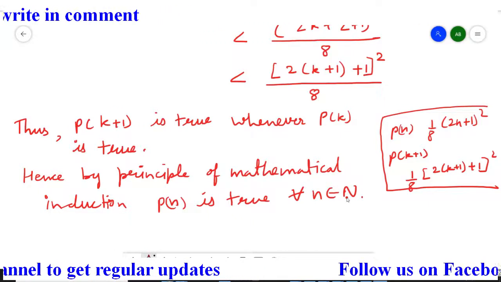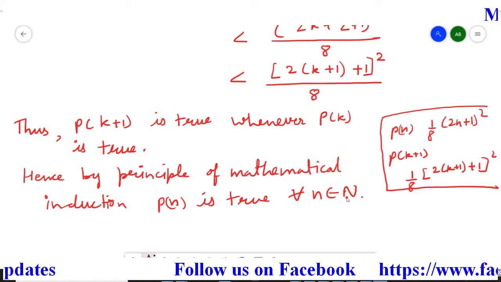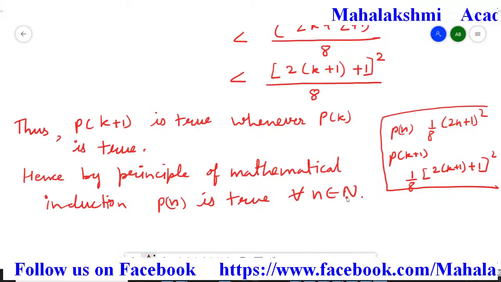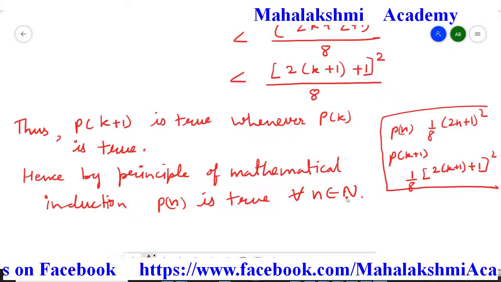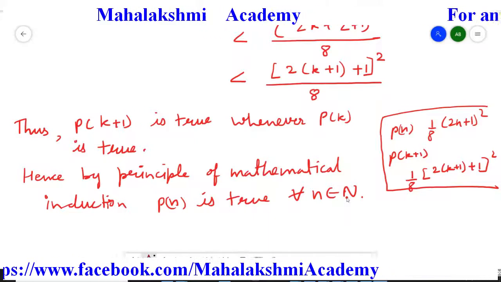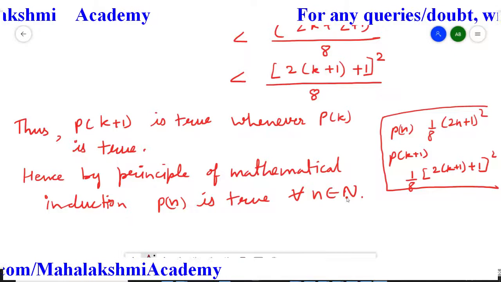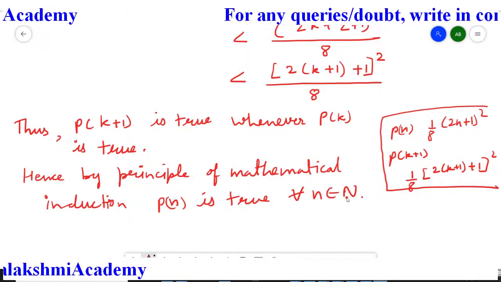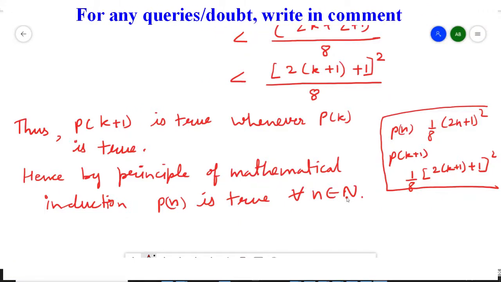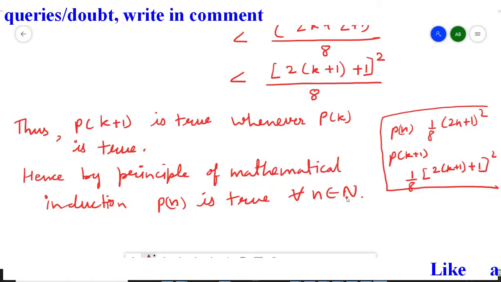So I hope this question is clear to you. So this question is different from others because here the mathematical statement is in the form of an inequation, because in the middle we have the less than symbol and in the remaining questions we had the equal to symbol. So this question is different from others, but the steps remain the same. Firstly, we have to prove for n equal to 1. In the second step, we have to assume that the P(k) statement is true. And in the third step, we have to show that the P(k plus 1) statement is true whenever P(k) is true. So same format. So I hope this question is clear to you.